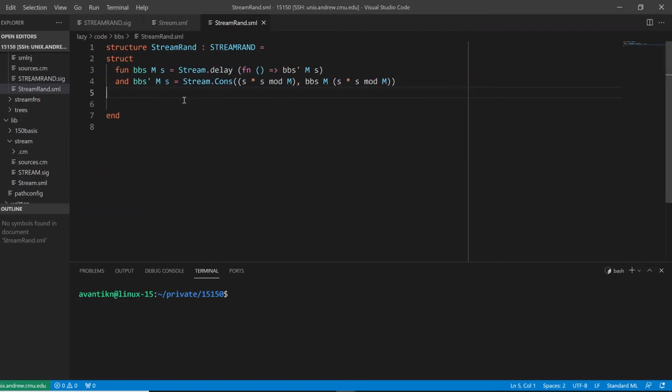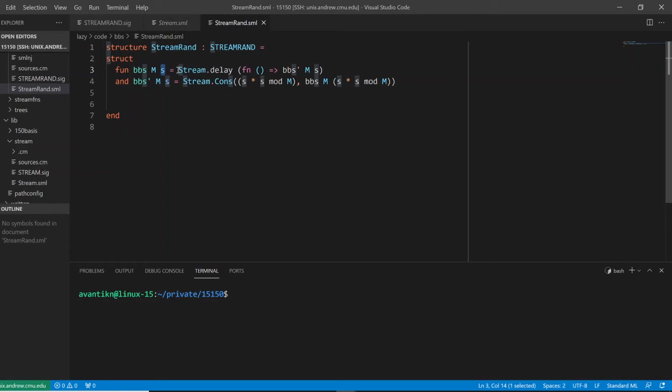So now let's look at our Bbs function, the Blum Blum Shub random number generator. You don't need to understand what the actual number generator is doing. You just need to understand what the code is doing. So let's take a deeper dive into this. We have our function Bbs, and Bbs takes in m, which is some sort of starting number, which is the multiplication of two primes, and we have s, which is a seed for our number generator to start off with.